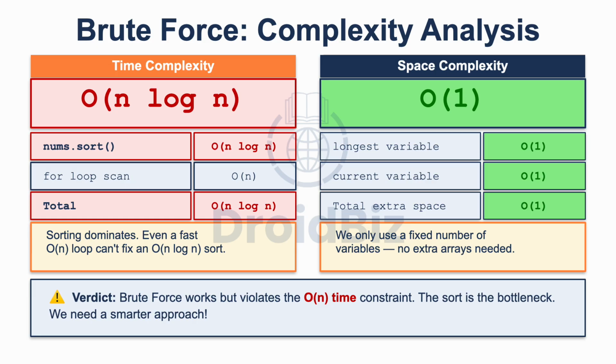This is a problem. The question explicitly requires big O of n time. Sorting violates that constraint. Now space complexity. We only use 2 integer variables, longest and current. No extra arrays or data structures are created. That means our extra space is constant, big O of 1. The space is perfectly fine. The verdict: the brute force approach is correct, but it fails the time constraint. The sort is the bottleneck we need to eliminate. In the next section, we will see how to solve this in true big O of n time using a